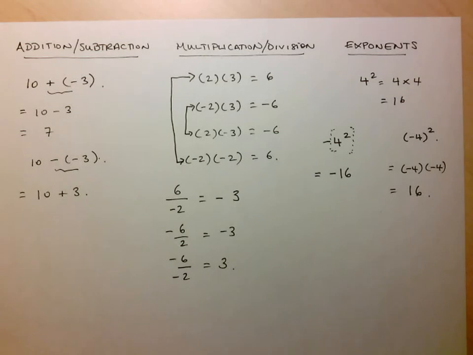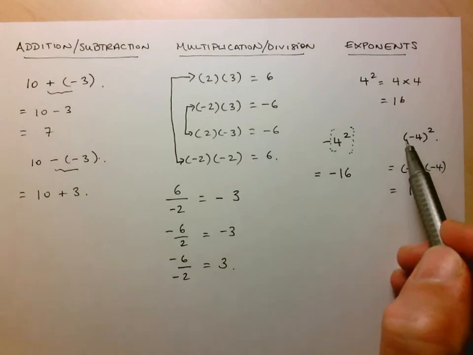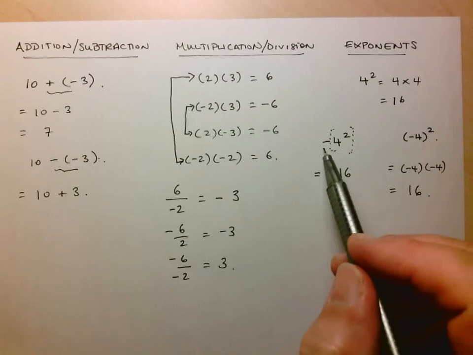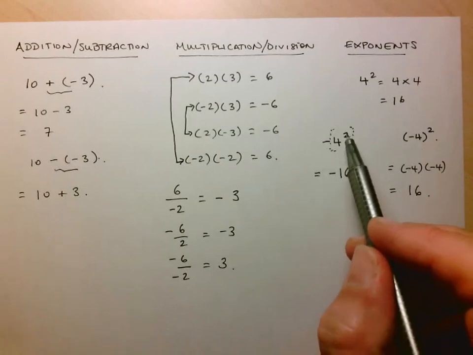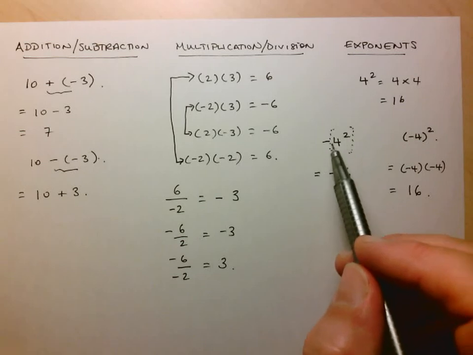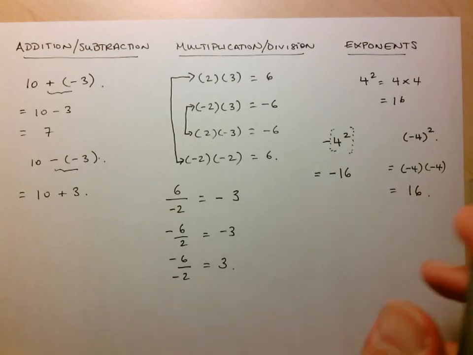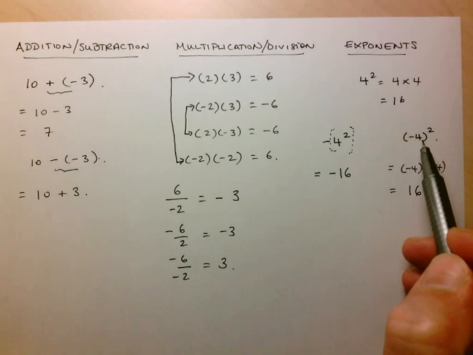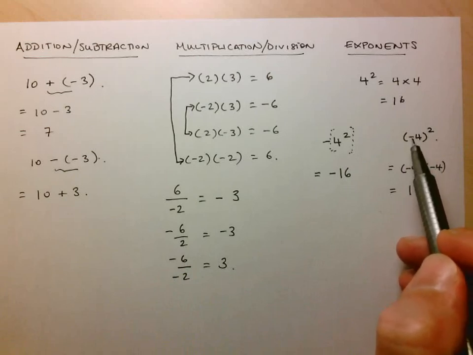When the signs are different, whether it's a multiplication or a quotient, the result gives you a negative number. The other thing to keep in mind when you're working with exponents: if there are no brackets around the negative number, as in this case here, first you have to perform the exponent, then incorporate the negative. Whereas if the base is in brackets, then it's this whole number that in this case here